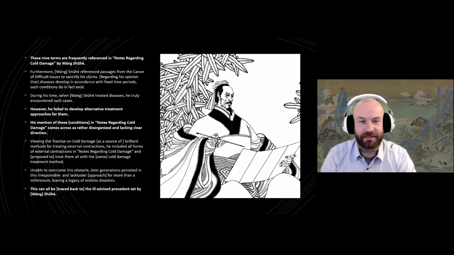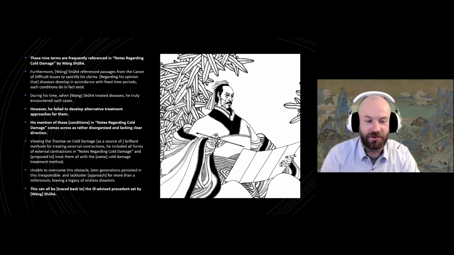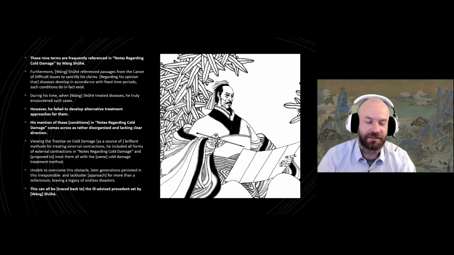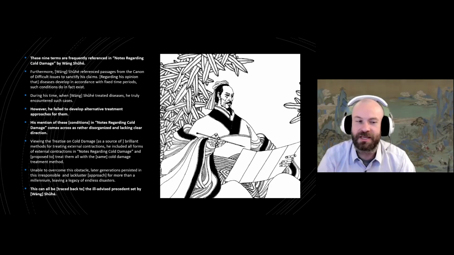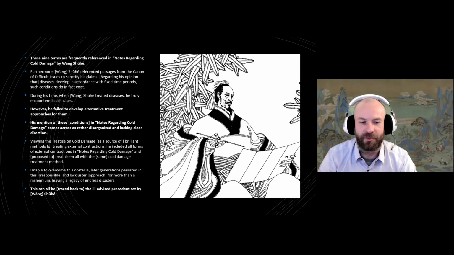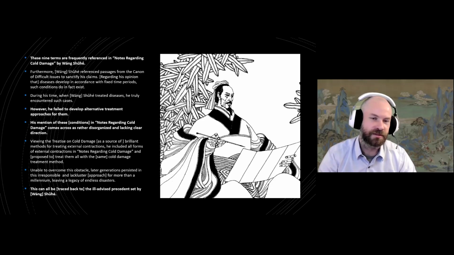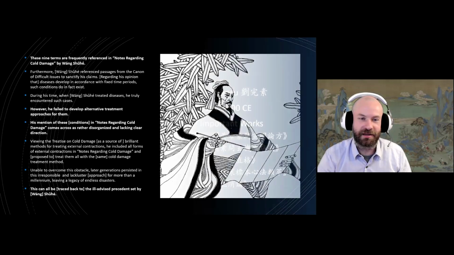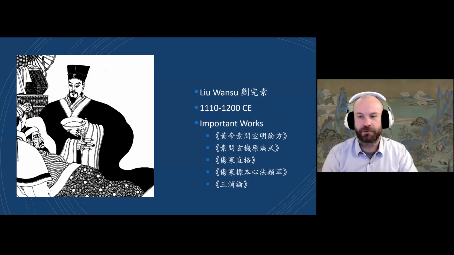So this is a quote from Wu Jutong from the Wenbing Tiaobian. He kind of blames Wang Shuhe, even though this chapter was in Zhang Zhongjing's book, but people often say that it was written by Wang Shuhe. We don't really know who wrote it or where it came from, but it was still very early. Anyway, instead of blaming Zhang Zhongjing, he blames Wang Shuhe, which is a little bit funny. So we're going to skip a couple of hundred years, and we're going to go to a guy called Luansu.